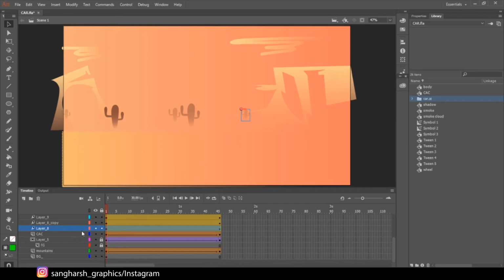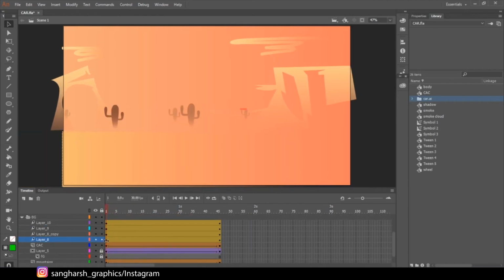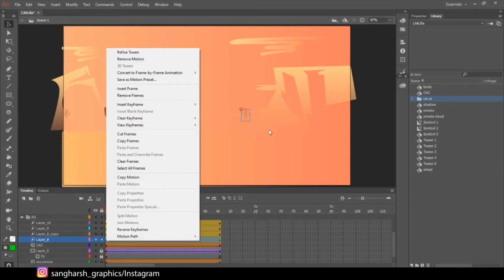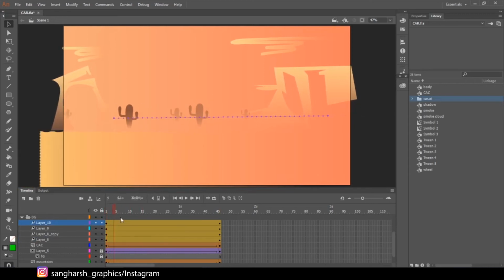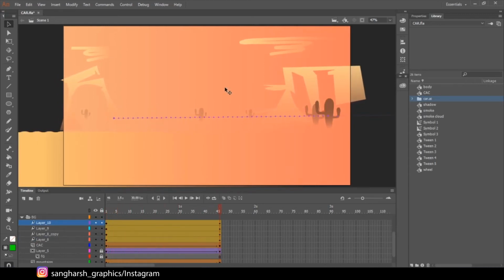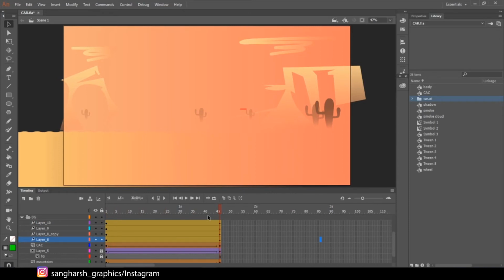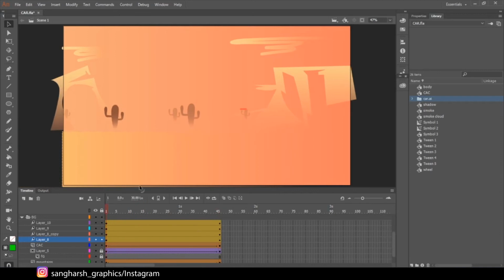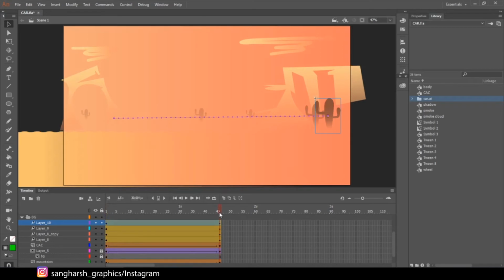So I dragged it from here and applied motion tween to it. Here you can see I have applied motion tween to it, a simple line, just for trying different things, to see how all of the tweens work: the motion tween, shape tween and classic tween. That's why you cannot apply shape tween to the graphic symbol, remember that. You can just apply the classic tween and motion tween to the graphic symbol. You cannot apply the shape tween to the graphic symbol.